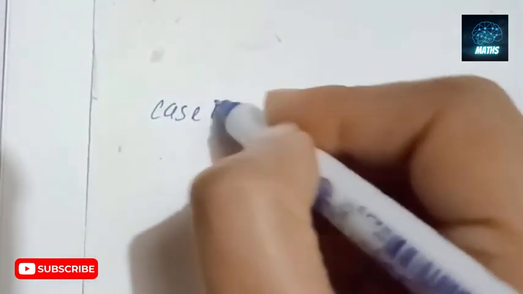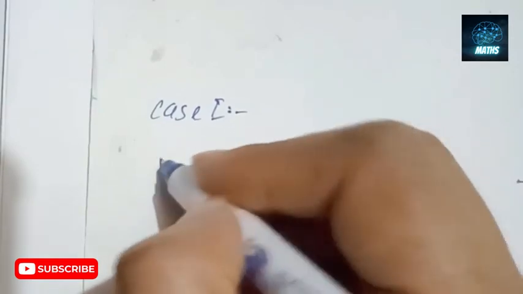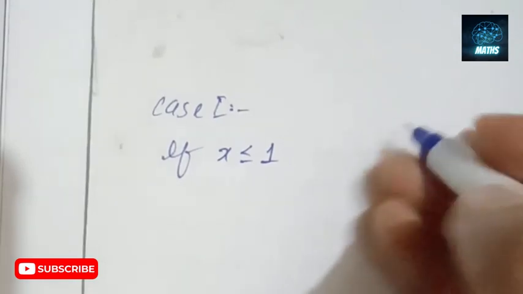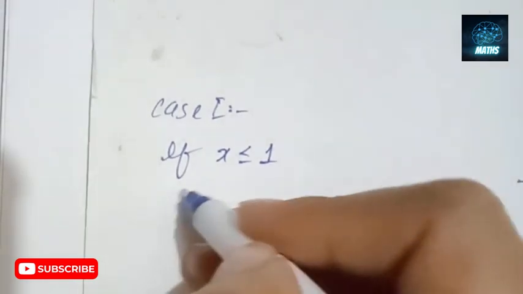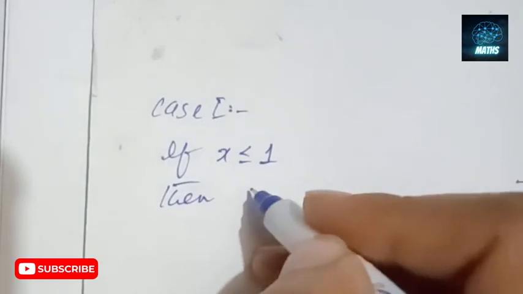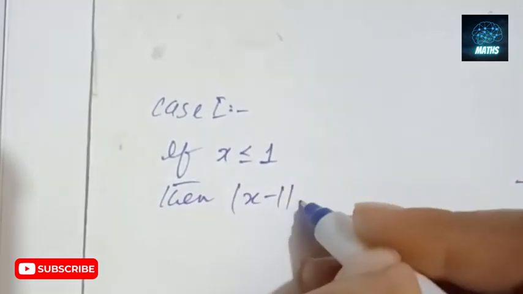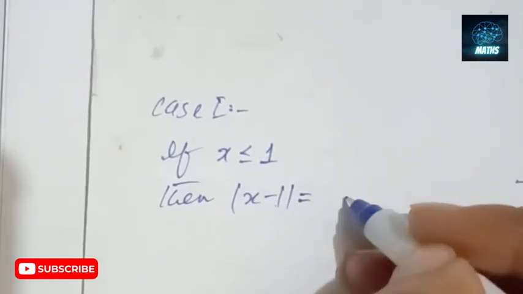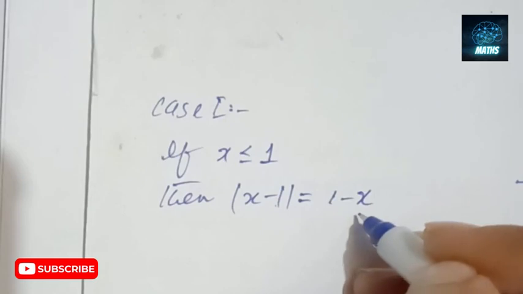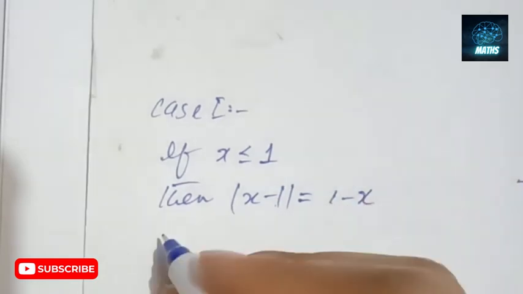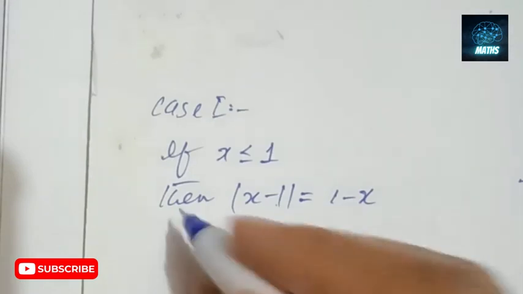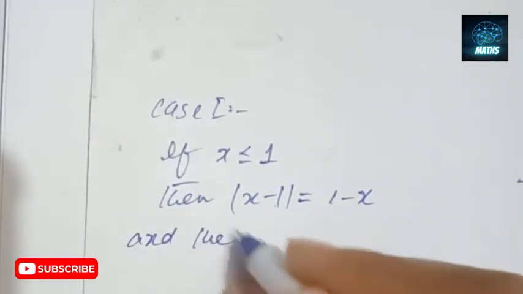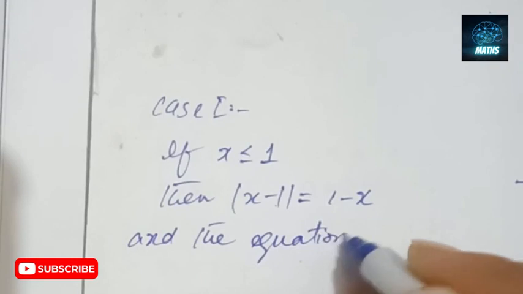So here we are going to consider the case 1, when x is less than or equal to 1. When x is less than or equal to 1, then |x minus 1| will be, if x is less than 1, then we can write this as 1 minus x, because x is less than 1. And the equation reduces to,